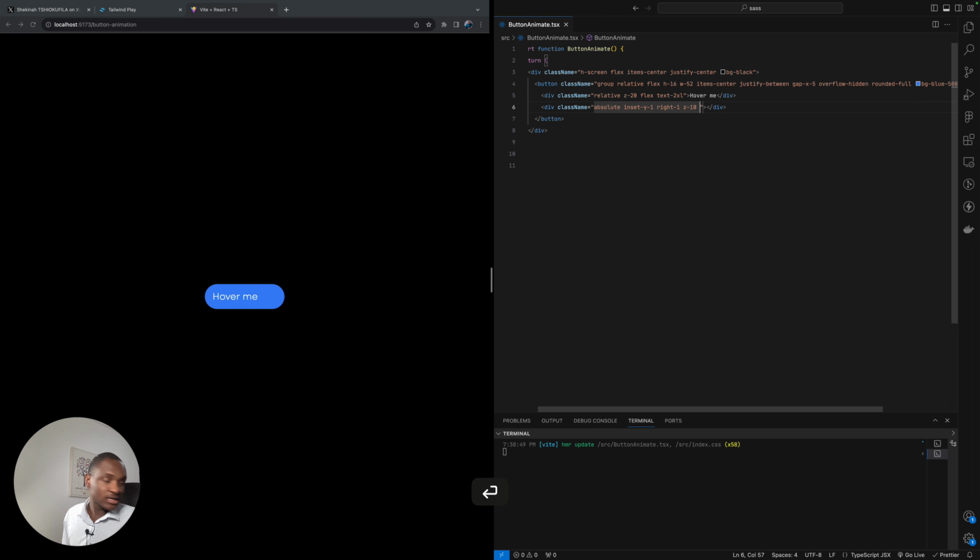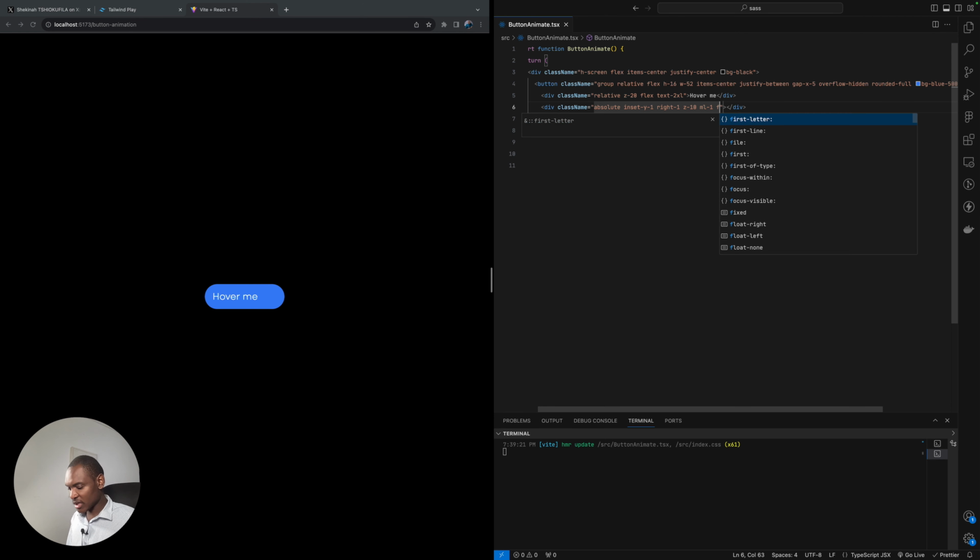Okay, and after this, what you are going to add now, we are going to give him a z-index of 10, right? Because we don't want it to hide our text. The reason why I was saying we are calling our text is we put relative on the text over me, and we give him a z-index 20 just to have priority above this part. And after this, what you are going to say again, okay, our margin left,